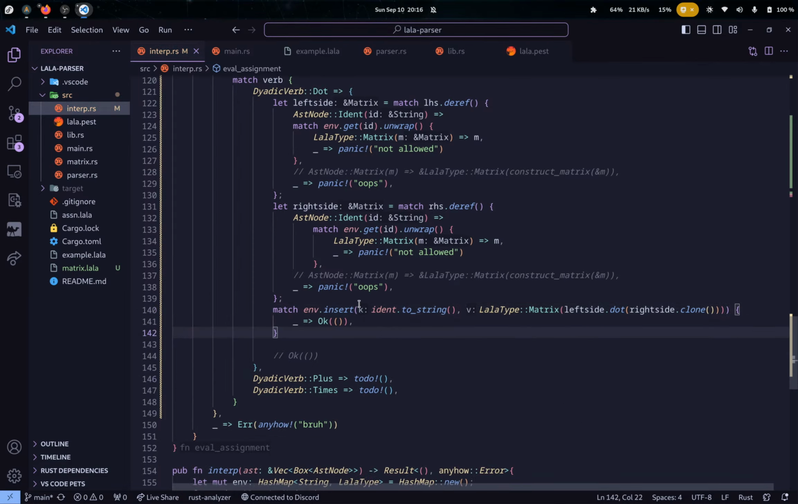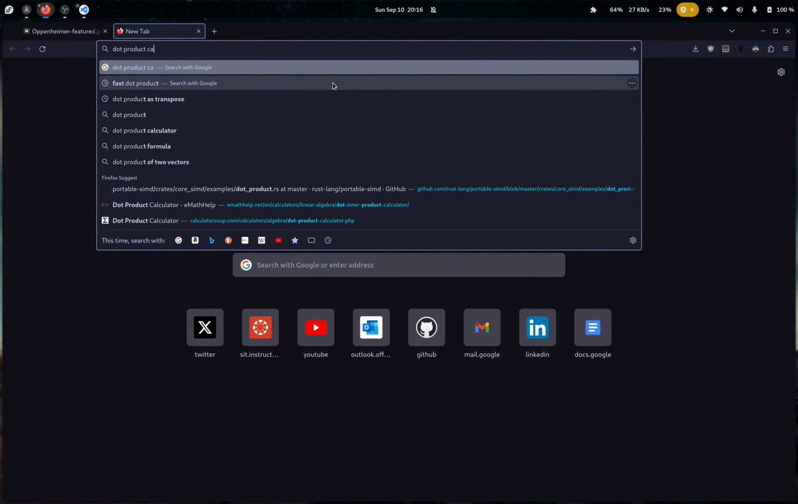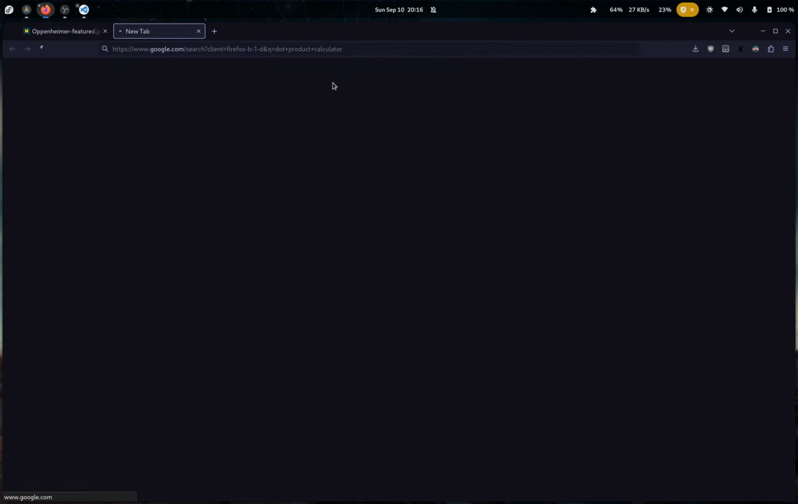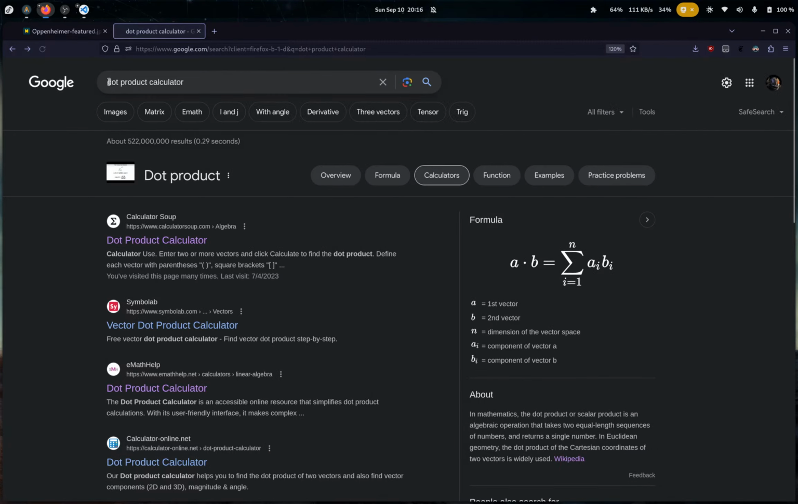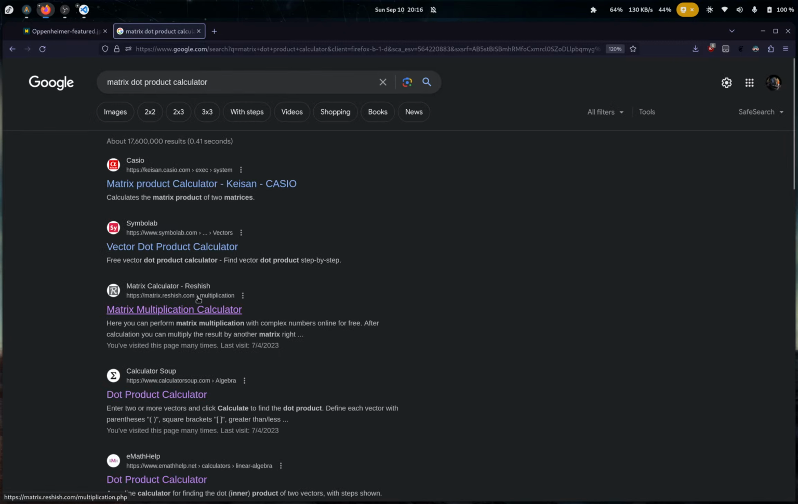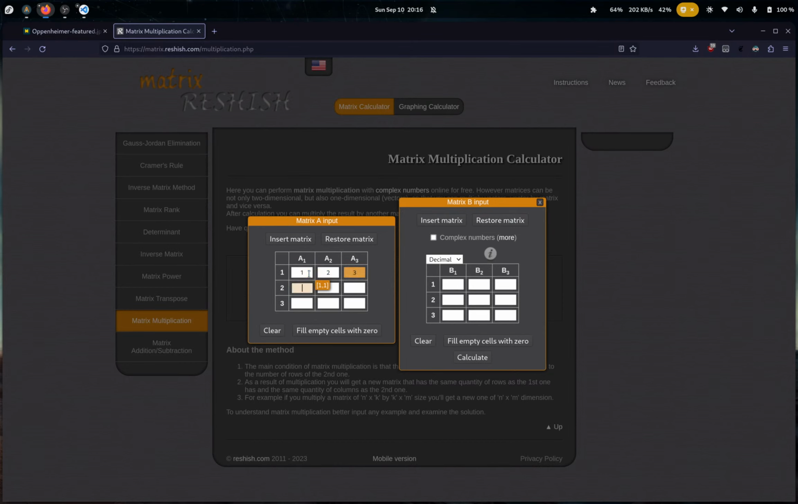Okay. So now if I go into here, and then I say let n equal 1, 2, 3, 4, 5, 6, 7, 8, 9. So if I get the dot product calculator here, looking for a specific website. It's this one. 3x3 and 3x3. 1, 2, 3, 4, 5, 6, 7, 8, 9. Then if I go here and I enter the same matrix,